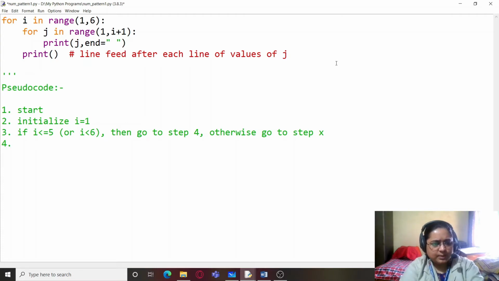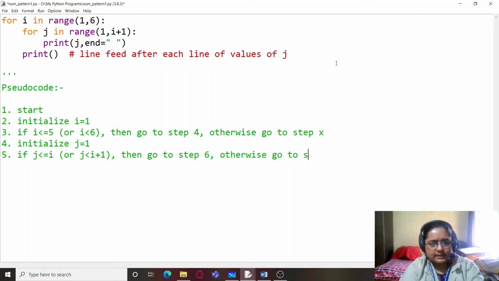Fourth step is going to be initialize j as 1. Fifth step will be if j is less than or equal to I, or we can write j is less than I plus 1, then go to step 6, otherwise go to step Y. Sixth step will be print j, and seventh step will be update j equals j plus 1.